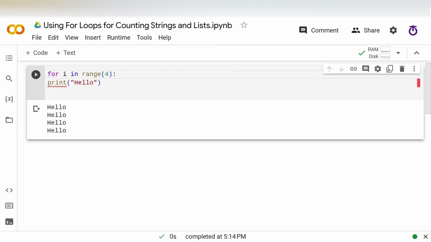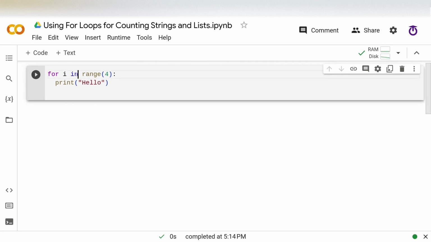Okay, so what I've done here is I've written some code here that says for i in range, and then in the brackets 4. So that 4, you can probably guess, indicates how many times we want this line of code that's in our for loop to repeat.